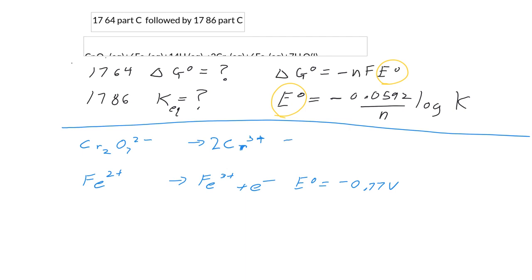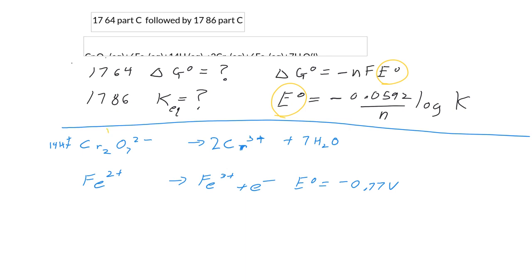Then we've got to add a ton of water to balance out those oxygens. I actually have to wind up adding 7 waters to balance out all those oxygens, which means I then have to come over here and add 14 hydrogens. That means I need a slew of electrons when it comes to balancing my charges, because on this side